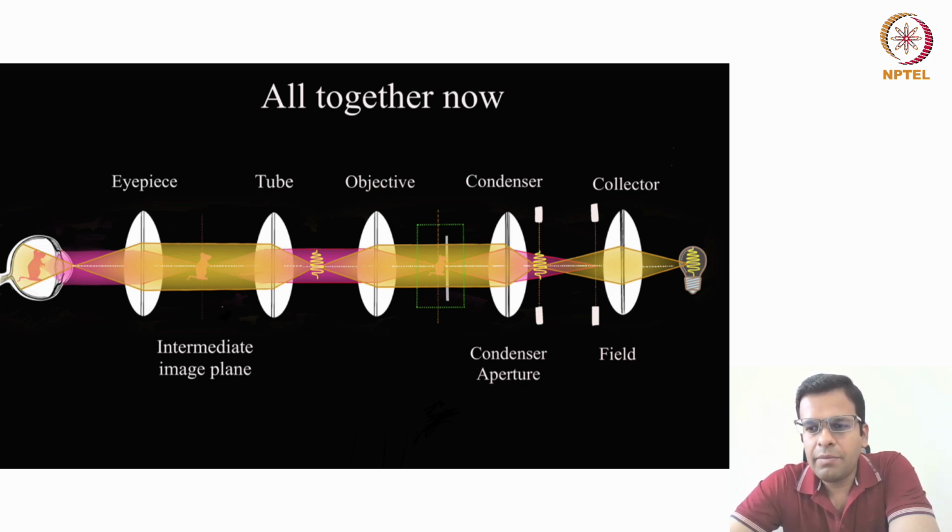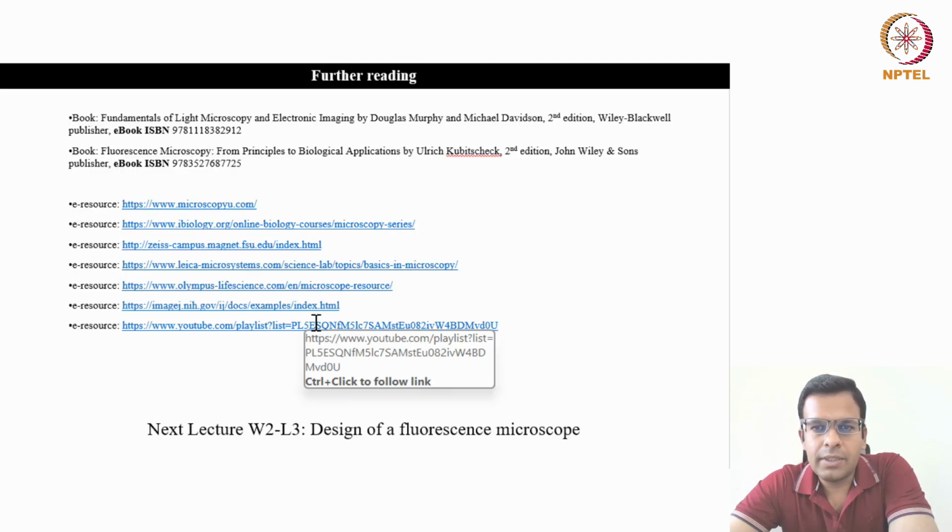Whenever you sit with any microscope for the first time, the first step you should do is align your microscope optics for Kohler illumination. And see, this Kohler illumination is only important for transmitted light microscopy and for bright field illumination. It doesn't work for fluorescence imaging. This is just to see the cells in the bright field. Even if your microscope is not aligned for Kohler illumination, it will not affect your fluorescence imaging applications. Okay, so let us end this lecture with this.